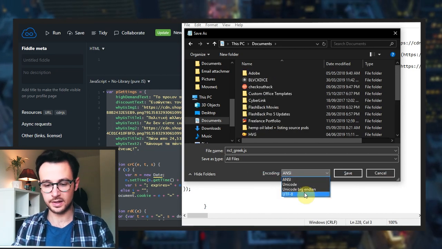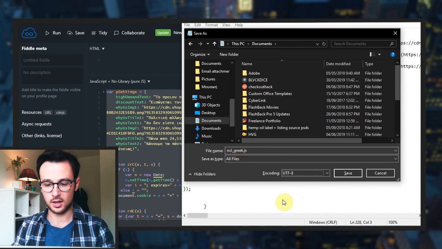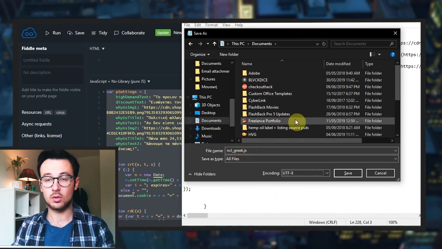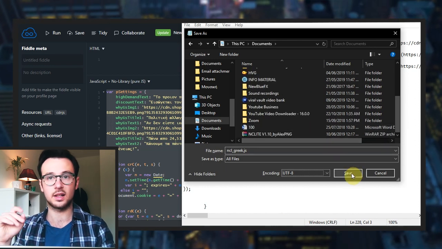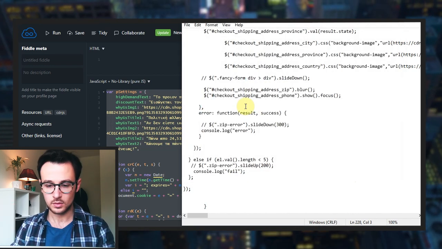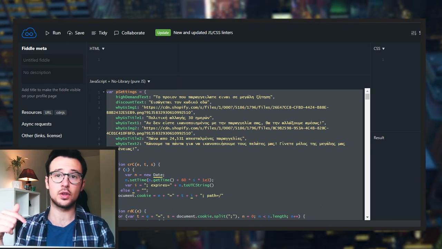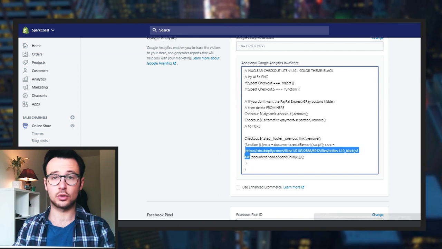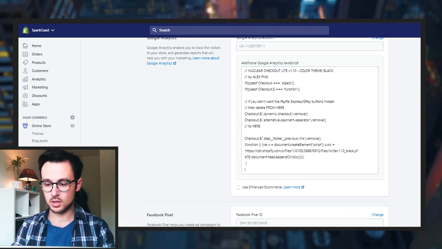I'm going to select here all, and I'm going to use a better encoding. So make sure you have all these preferences set the way I do it, and save it. Now that you have your file saved, your .js file, you should go to your store's settings